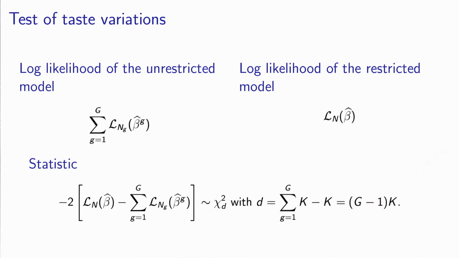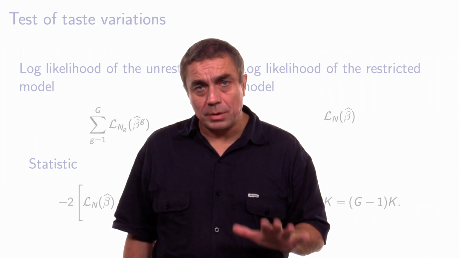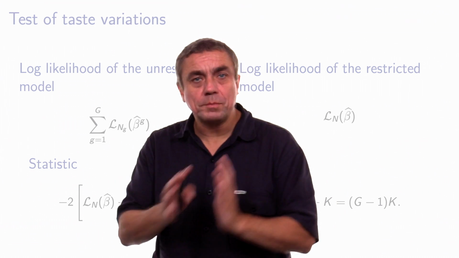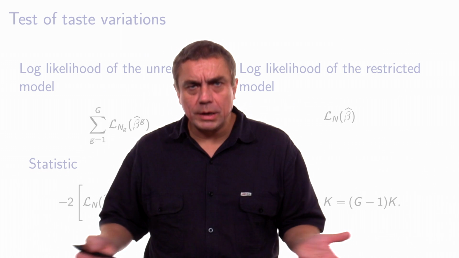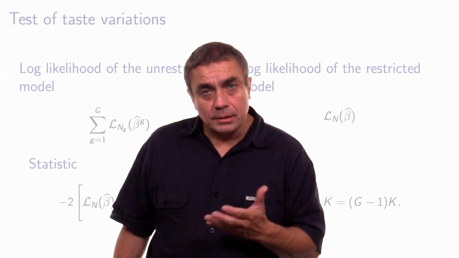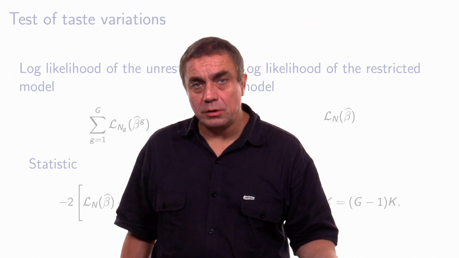So the degrees of freedom in this case is g minus 1, where g is the number of groups, times k, which is the number of parameters in the model. This test is very important because it's extremely easy to apply. You just apply the same model specification on different subsets of your sample and do a quick calculation for the likelihood ratio test. And it tells you immediately if it is worth investigating possible heterogeneity of taste in the